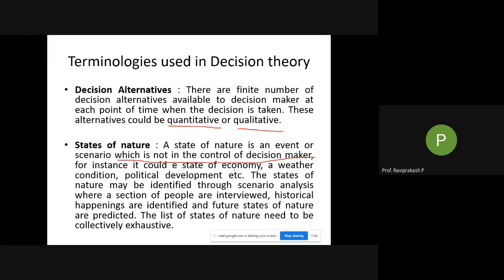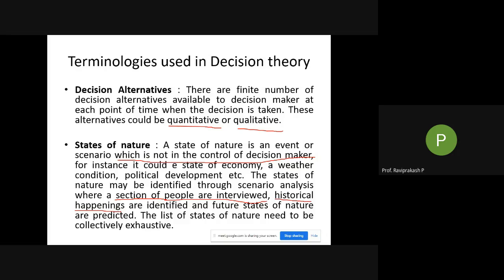So based on that, that's what they are saying here. Based on the interviews of some people, it could be the economists or the finance minister, someone who is a decision maker, we can come to a conclusion about whether the prices of the fuel are increasing or decreasing, or are going to remain the same. Then historical happenings: if something happens, what will be the result of that particular thing? So these are historical happenings.